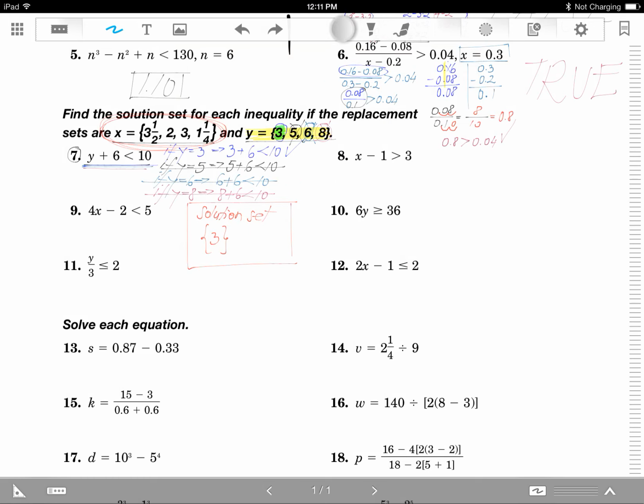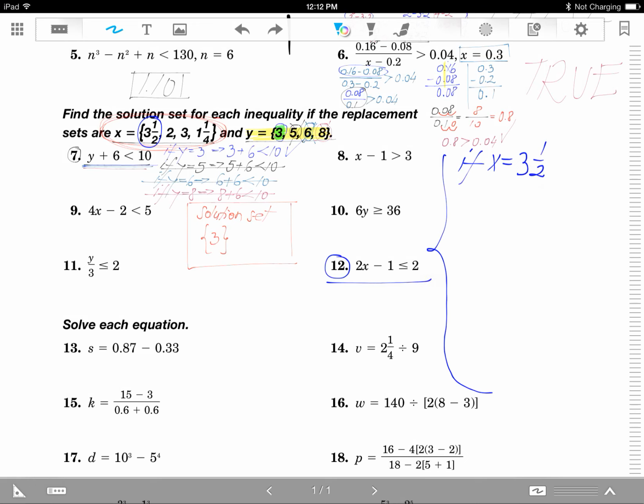Maybe a different color would be helpful too. Your expression on number 12 is 2x minus 1 less than or equal to 2. I'm going to use this space to solve it. Well, I will take the first value of x. If x equals 3.5,